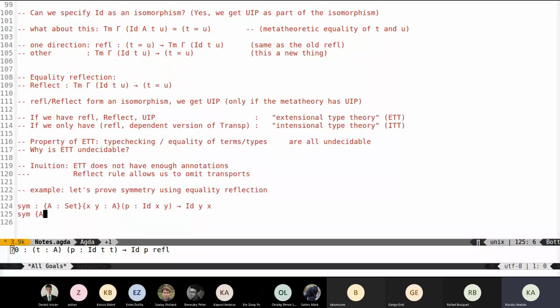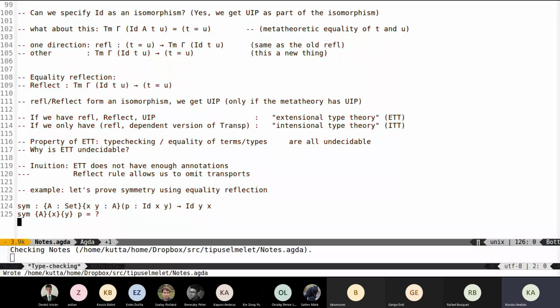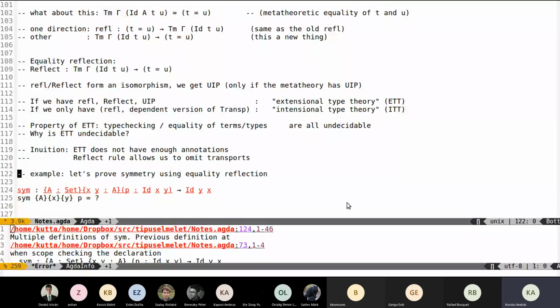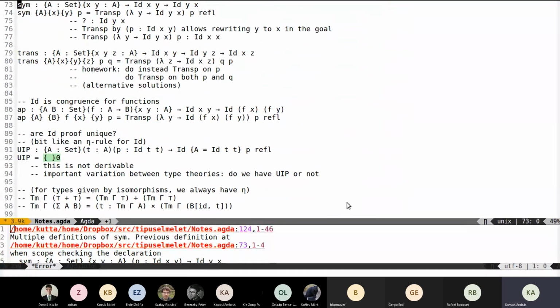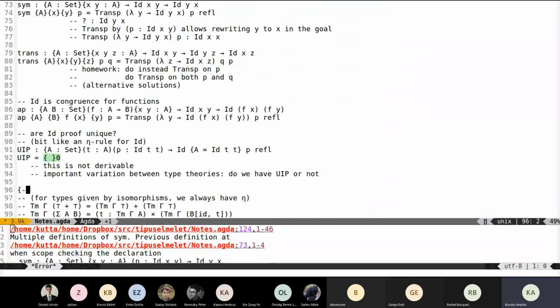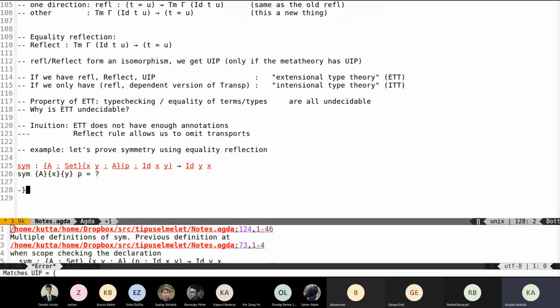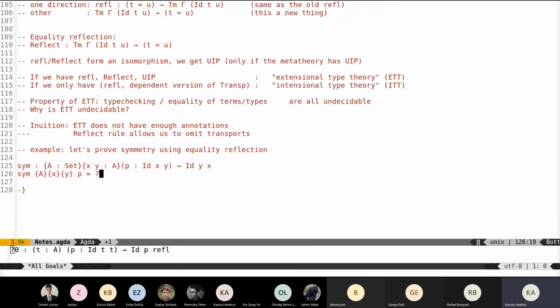All right. So x, y, p. So I want to prove this thing, and previously I had to use transport, but now